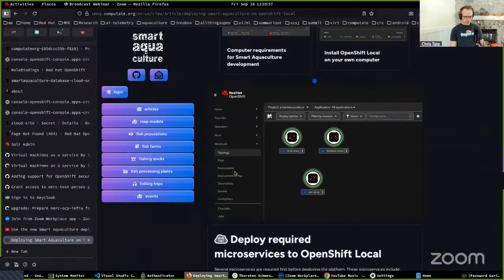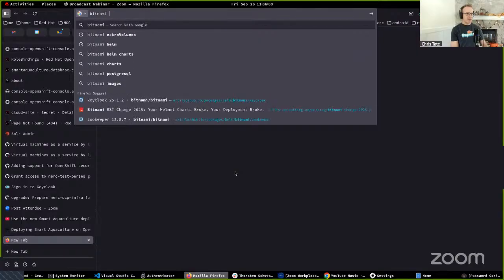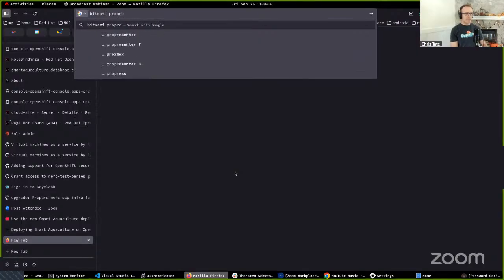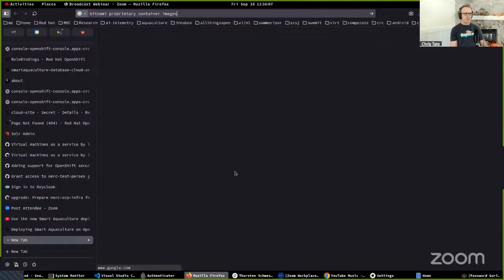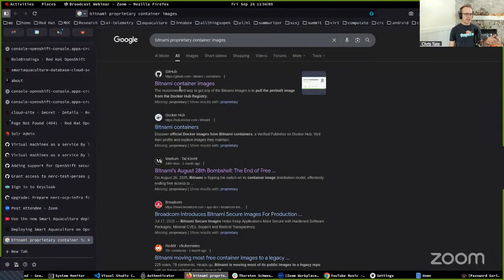So since we've gone through some changes in the database structure and the search engine structure for how things are done, we need to delete our existing OpenShift local. And I hope this never has to happen again. Something else that we did was we migrated away from Bitnami proprietary container images because just in the last few